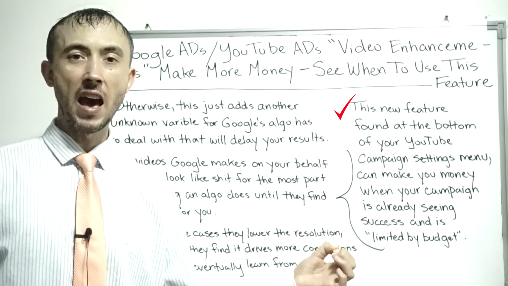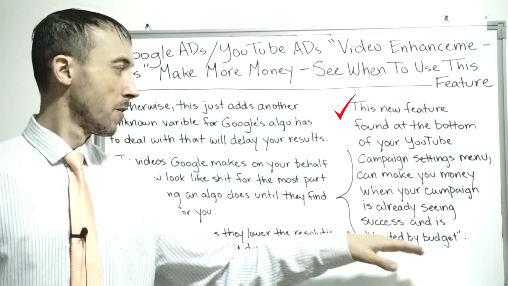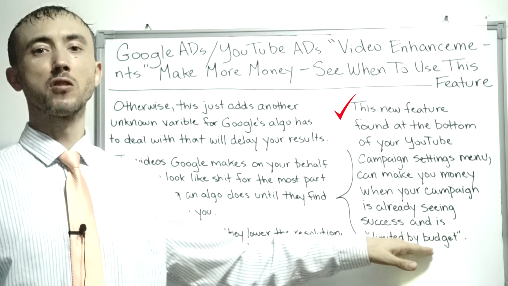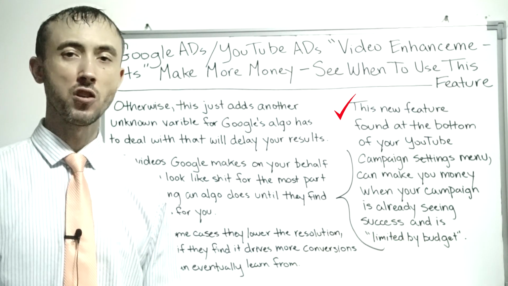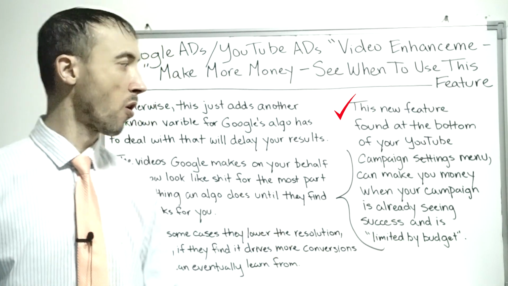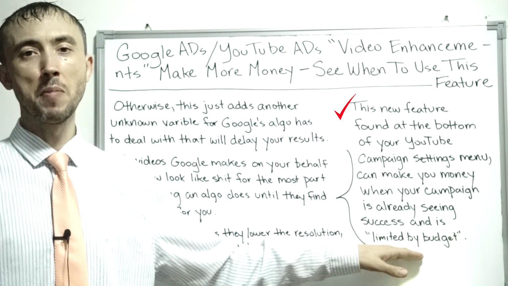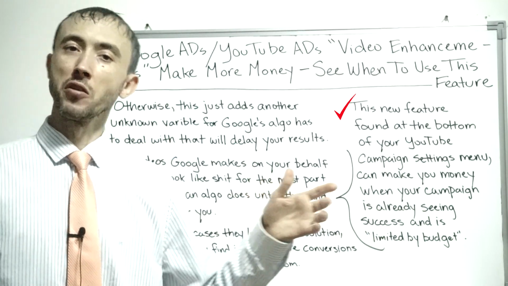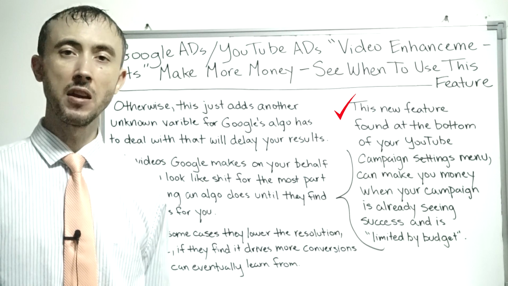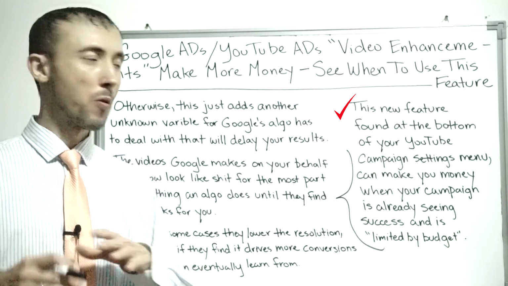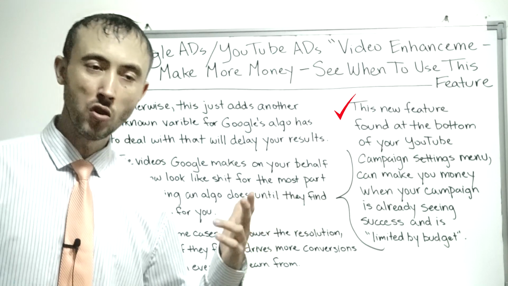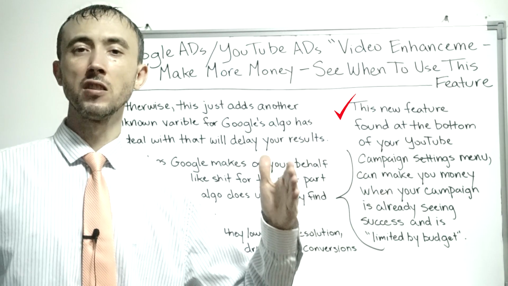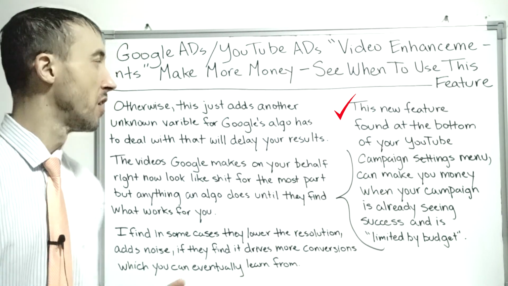Now, if your campaign's getting that, and Google is saying they can get you more results and you exploit that, then you exploit this feature, Google is going to try to find you more results. Or even if your campaign's not limited by budget, but you're not able to get any more clicks, but you're getting the ROI that you want from your campaign, you should also turn this on. So the real short of this is you have to be getting the cost per conversion, ROI, ROAS that you want out of that campaign before you turn this on, because